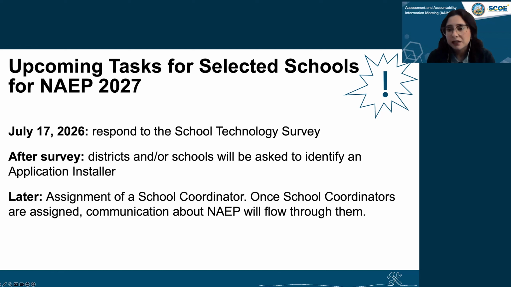One of the pre-assessment tasks that I did want to mention here, since I have all of you right now, is to provide data about students with disabilities, with the goal being selecting accommodations, if necessary, that will best meet the needs of students for the NAEP assessments. So school coordinators will have a resource to refer to, which is the NAEP inclusion policy, as they make these decisions about participation, which will be sent to you when ready for the 2026-2027 administration year, but it's still with the U.S. Department of Education for approval. As soon as it's ready, it'll be sent out.